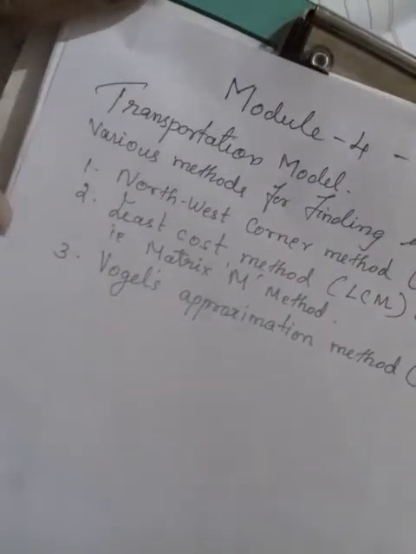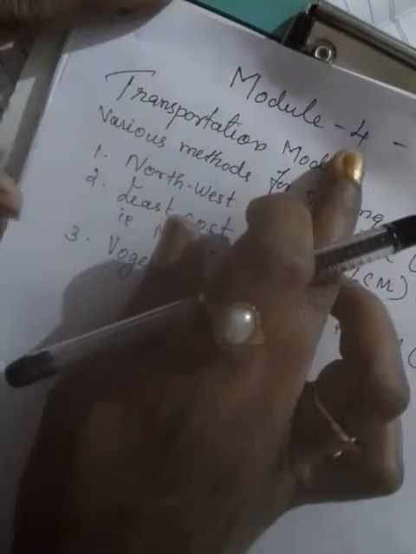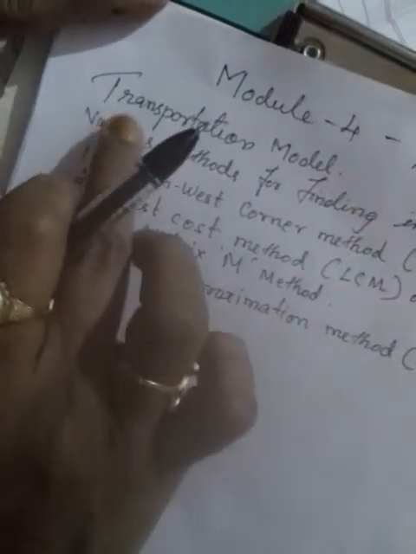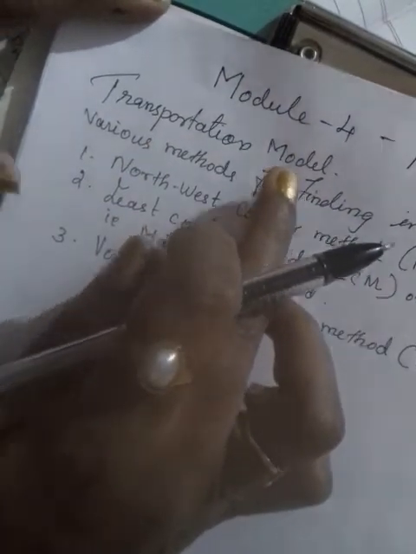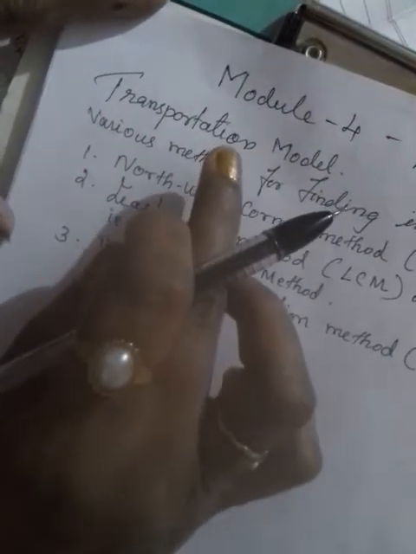In this video section, we are going to see Module 4, Part 1. It's a transportation model. We are going to find out the transportation cost by using various methods. The various methods are: